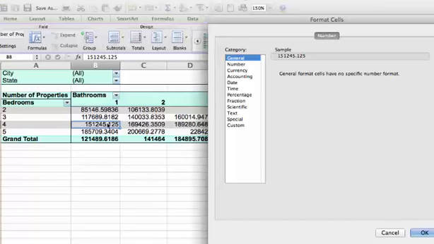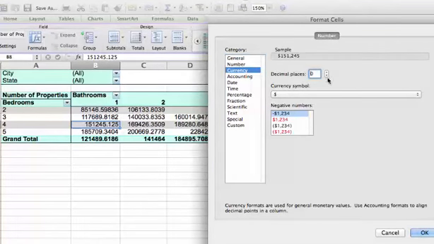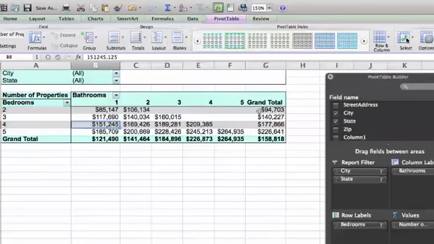Since this is now an average of price, I can say I want to format that as currency, and we've got a sample of how it's going to look. Number of decimal places, I don't need any, so I'll put it as 0. There's really not going to be any negative numbers either, but you could specify how the negatives look too. And click OK. And now all my data points in that pivot table are going to be formatted as currency